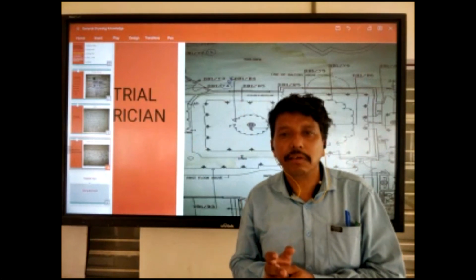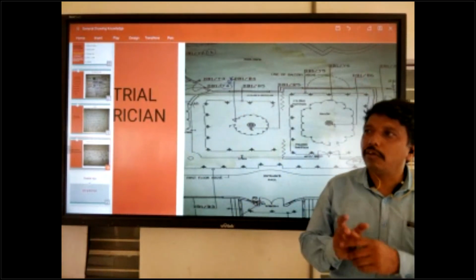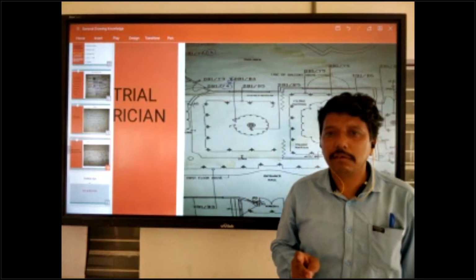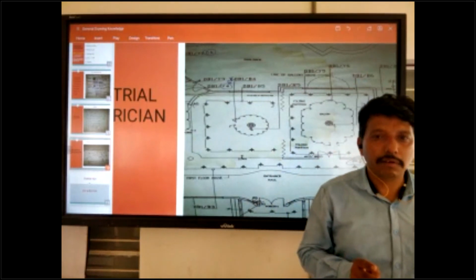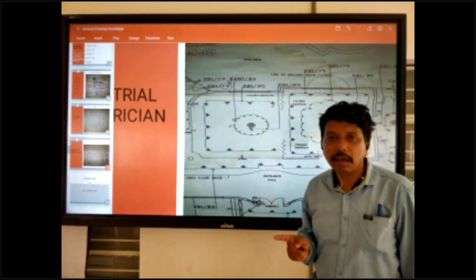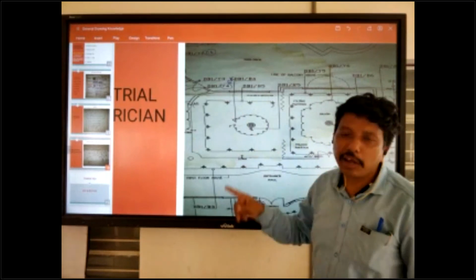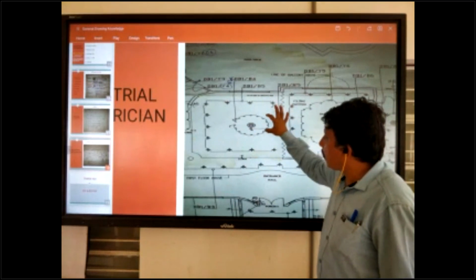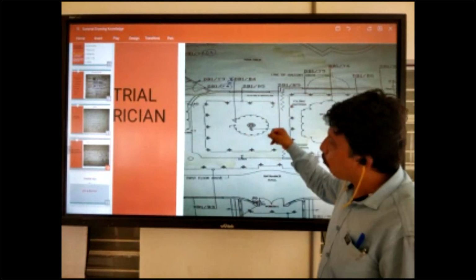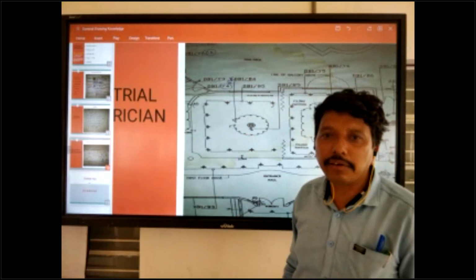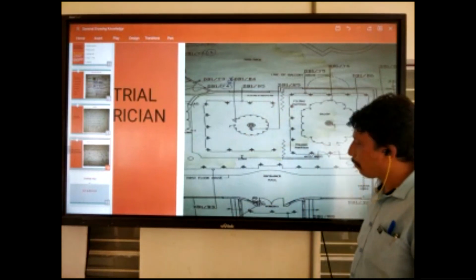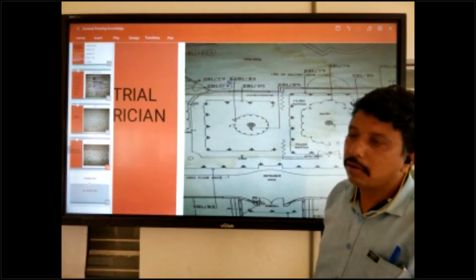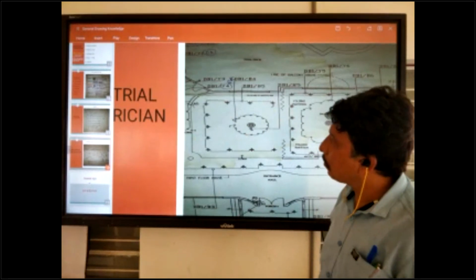Next, as per drawing scale, you can measure in the field. And another is legends. If you have any problem inside the drawing, if you cannot understand the drawing, you should check the legends. Okay, these are the most important parts of drawing knowledge.